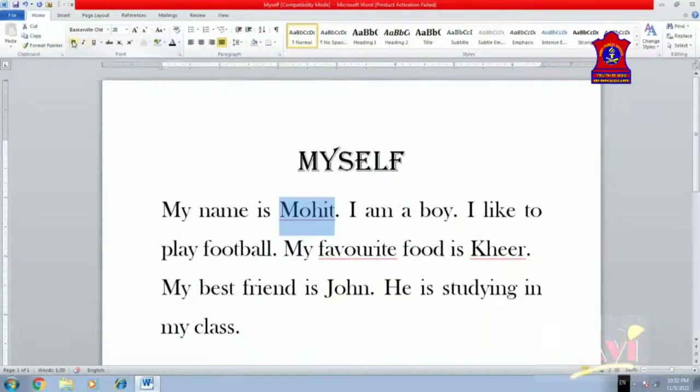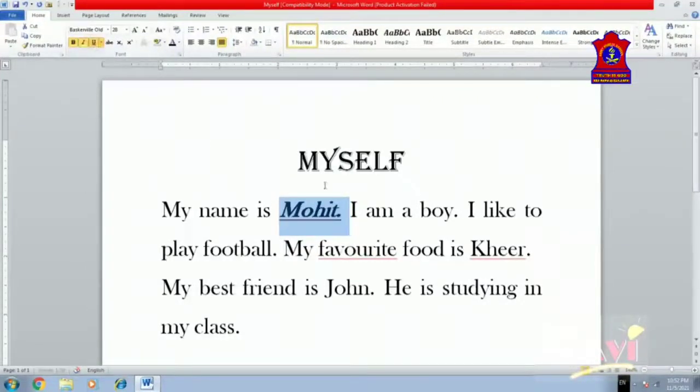I'm just clicking on bold and see Mohit is bold, italic, see it is italicized, and see I'm just applying underline and see Mohit is underlined as well. So it's very simple. Just select the word, go to Home tab, from here font group and you can click on these three options. You will be able to apply this.